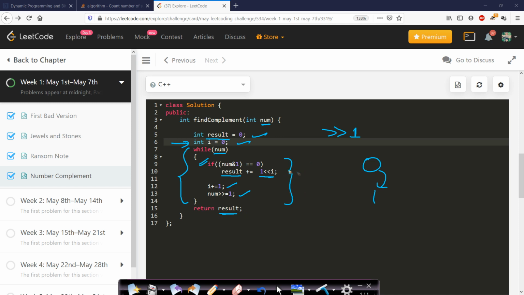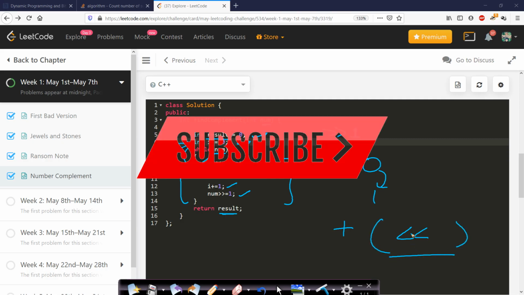So in this code you should always remember that plus has a higher precedence than the left shift operator. So I was stuck in this problem for a while. So what you need to do is you will have to just take brackets when you are defining this left shift. So this will clear out the problem. I hope you are able to understand this problem.